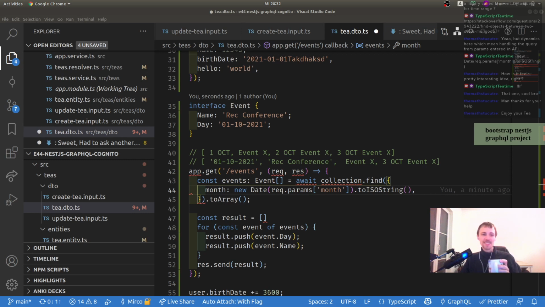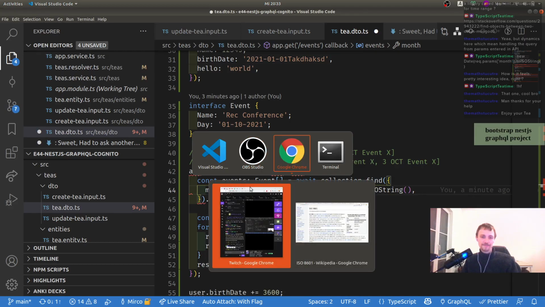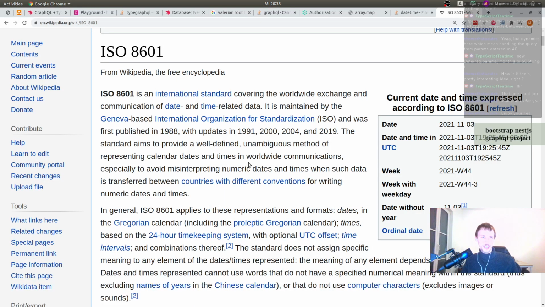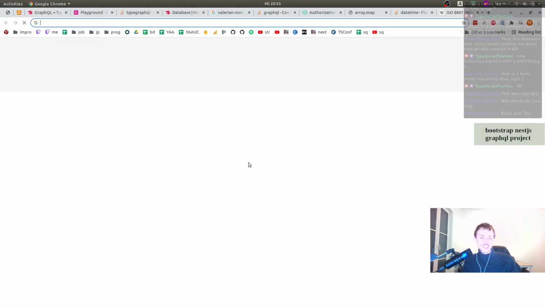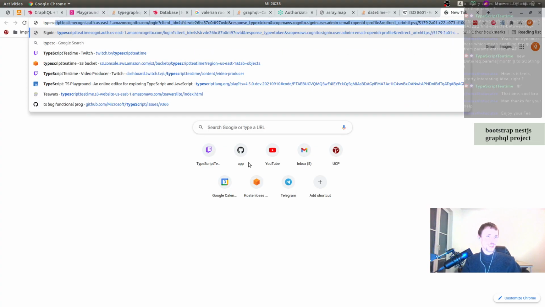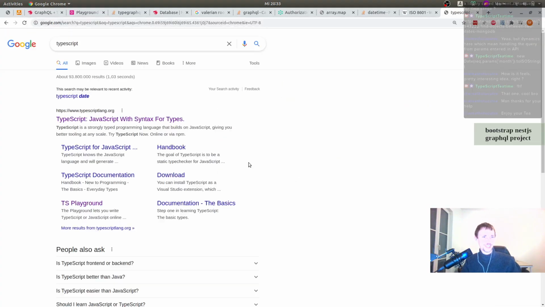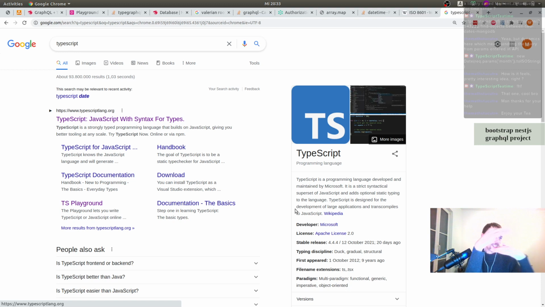Yeah, by the way, we're building a T API. If you ever have enough of Express, you can kind of upgrade to NestJS. And if you have enough of JavaScript, I said it, then you might try to upgrade to TypeScript, which is, well, we're the TypeScript tea time here. TypeScript is basically sitting on top of JavaScript, so it's a compiled language, unlike